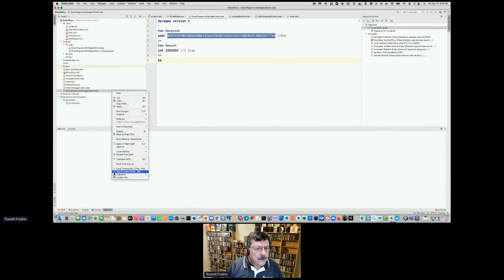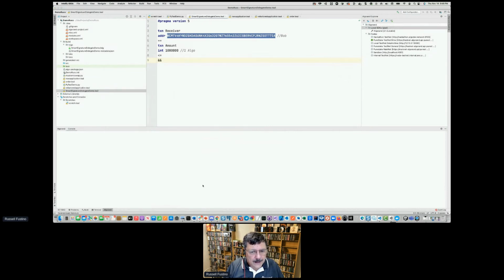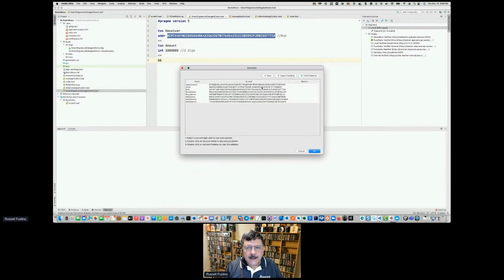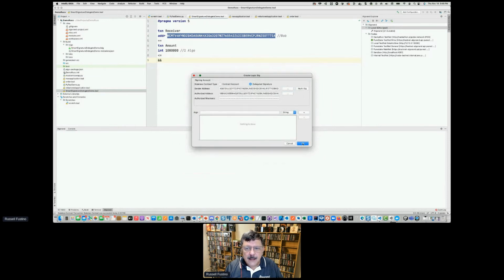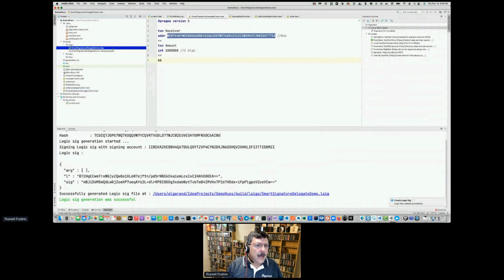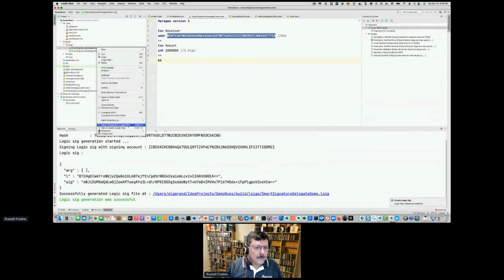So what I'm going to do is go ahead and create a logic sig. The logic sig now is going to be a delegated signature. We're going to sign it off by Alice, who's going to be sending some algos over to Bob. So now we've got the LSIG created, and then what I'm going to do is just go ahead and send